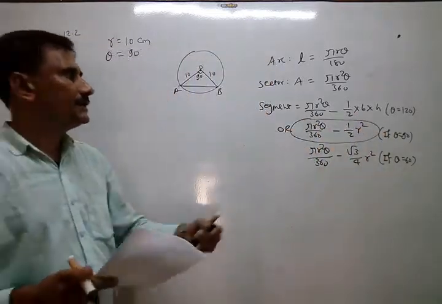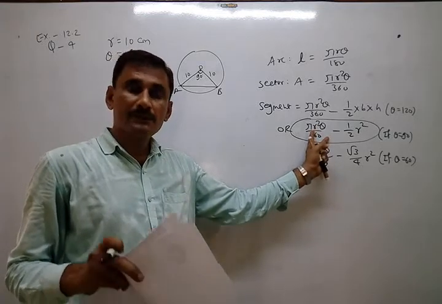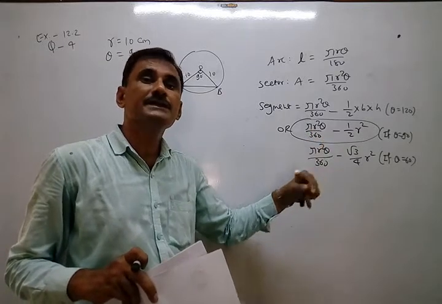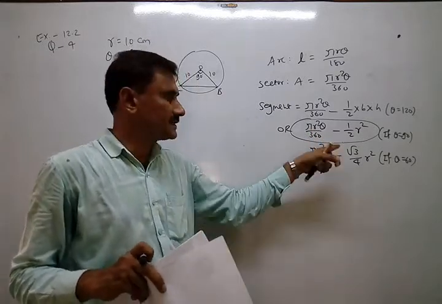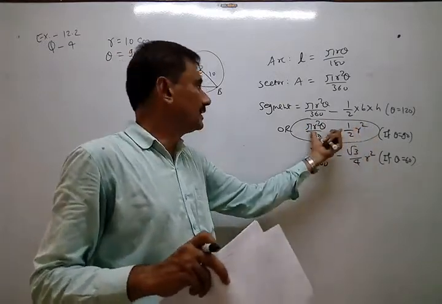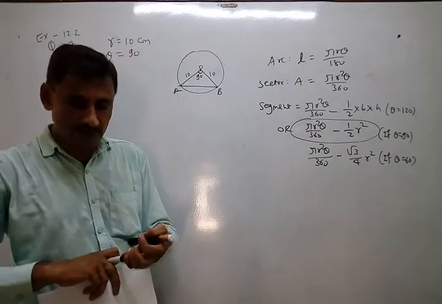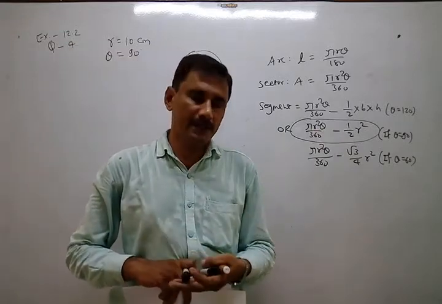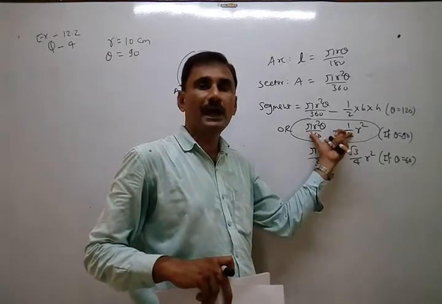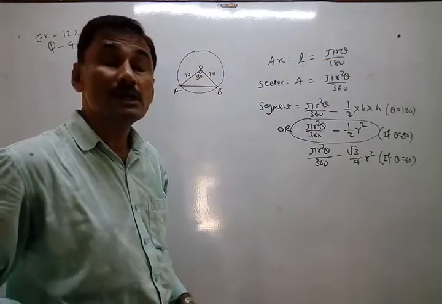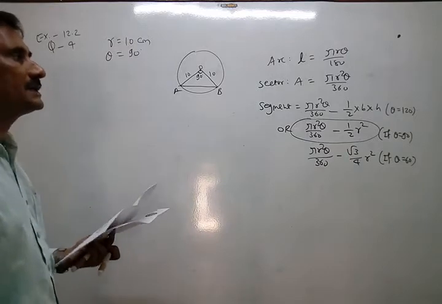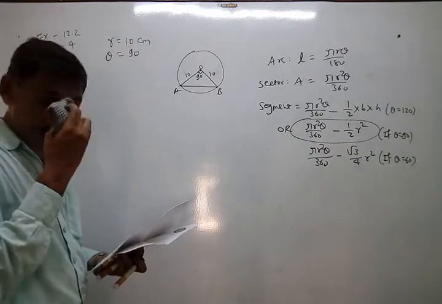So directly we can use this formula. Previously I told you that you can find area of segment step by step also. How? First of all, area of sector, then area of triangle, then taking the difference of both. Otherwise, the second option is that you can use this whole formula at a time, so that in one step you can find the answer. So I prefer to find that answer in one step only.